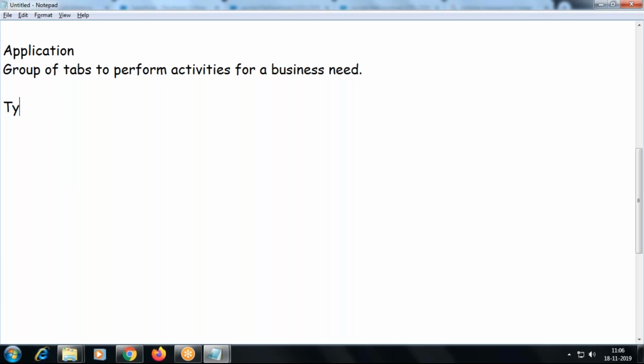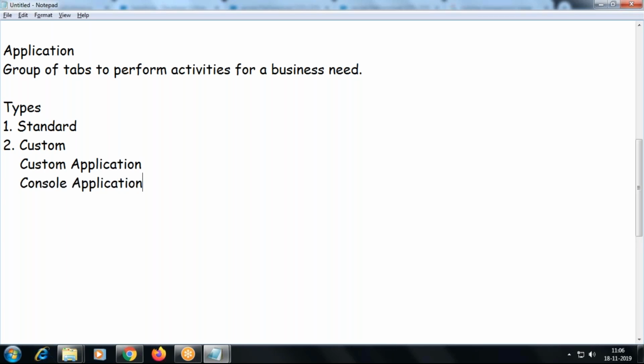There are two types of application in general: standard and custom. And custom has two types: custom application and console application. Under custom, we can create two different types of application.